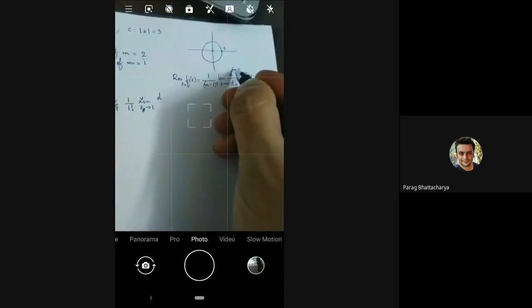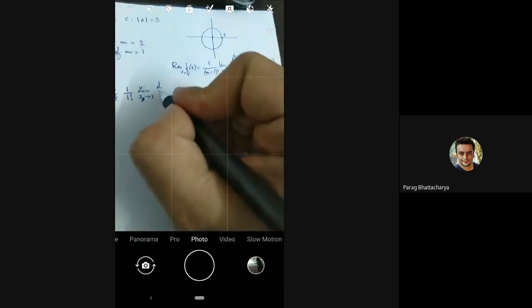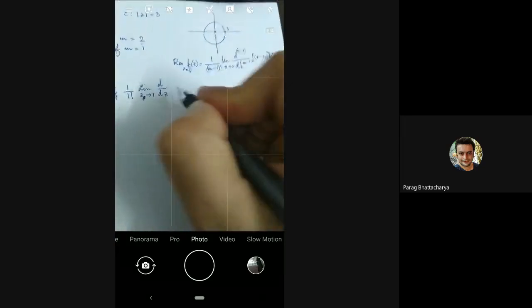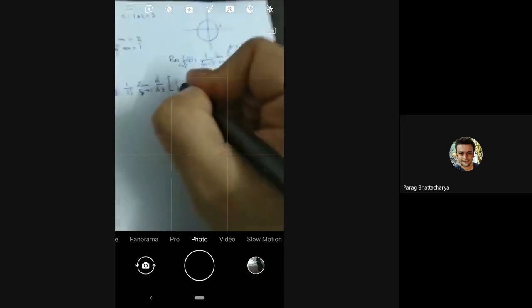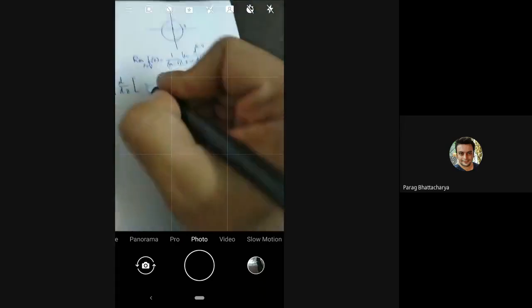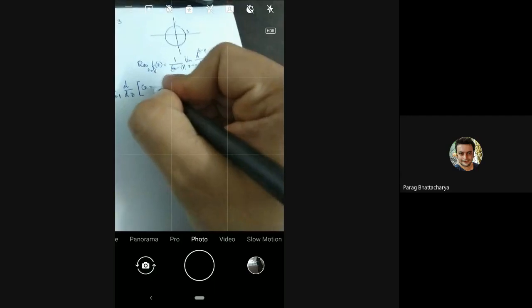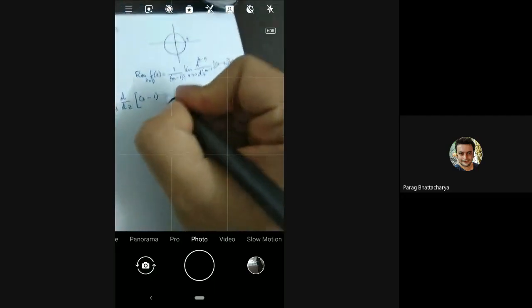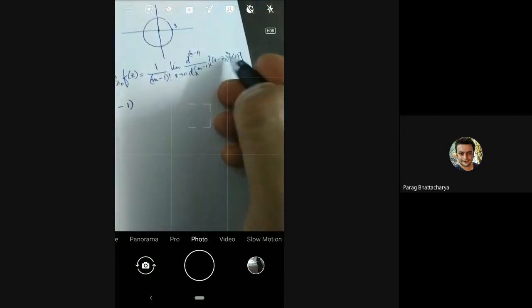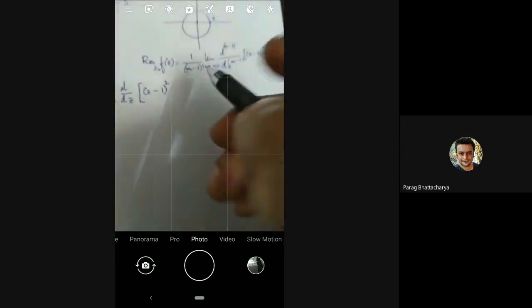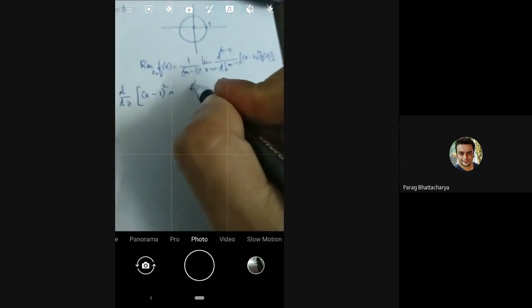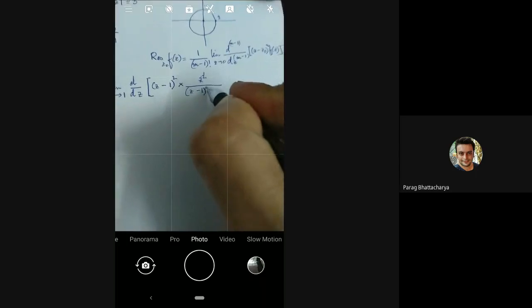Then which derivative? M is 2, so 2 minus 1 is 1, the first derivative. So we are talking about the first derivative of this function: z minus z naught raised to the power of m, which is z minus 1 squared, multiplied with the function itself, f of z. So we write down the function, which is z squared divided by z minus 1 squared